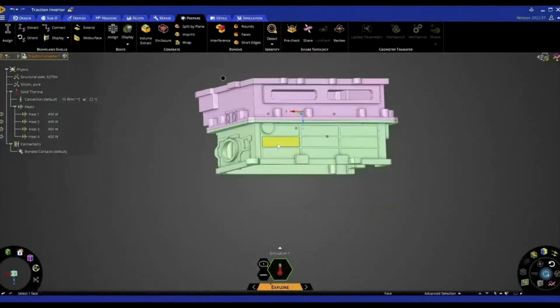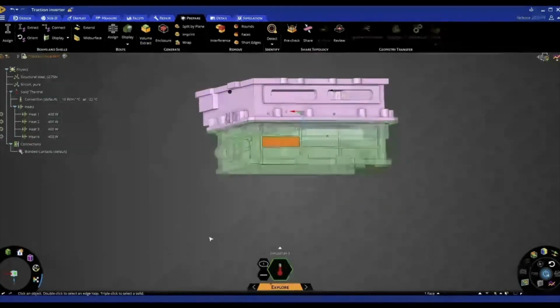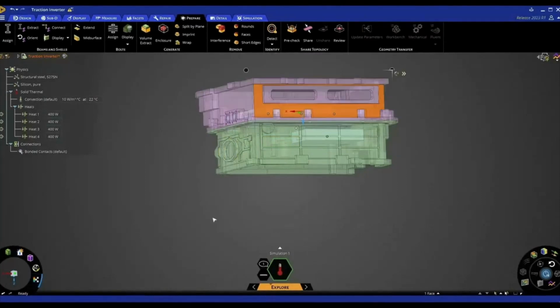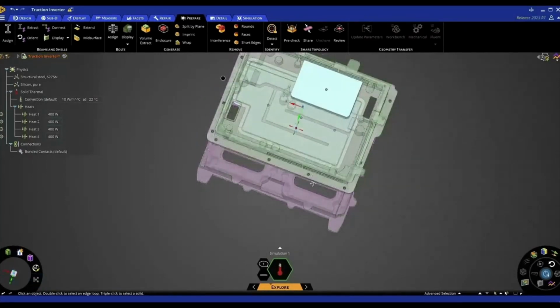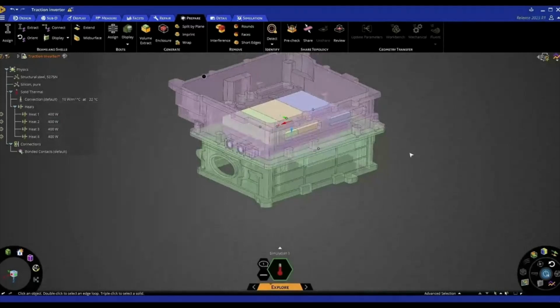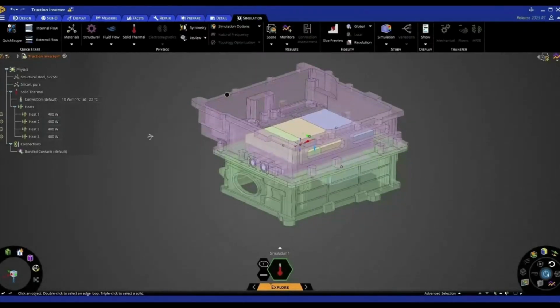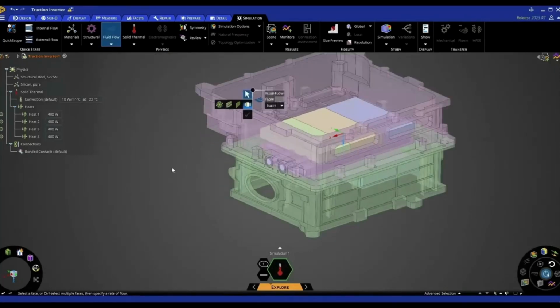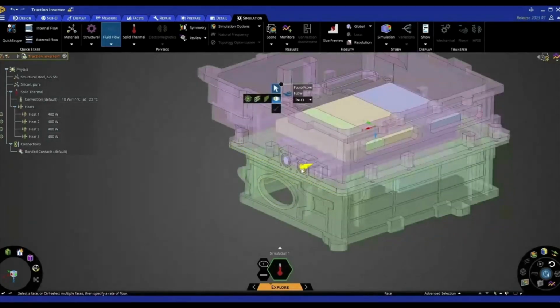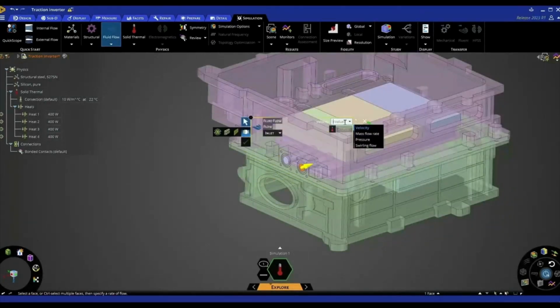I'm going to make these two transparent just so I can see my volume, and then I can create my fluid simulation. So if I go back into the simulation tab, this time I'm going to be doing a fluid flow, specifying a flow condition and specifying an inlet. So I'm going to say 2 meters per second,